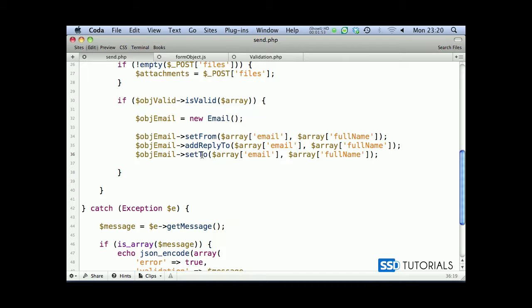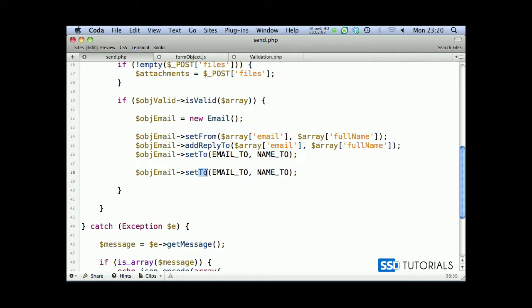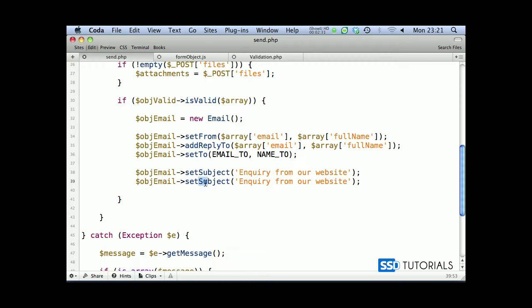Set to, and it's going to be our constant email to and name to. Then we go for the set subject. And the subject for this one, it's entirely up to you what you're going to put here. I'm going to put inquiry from our website. And then we go for the body. Set body, and the body will be